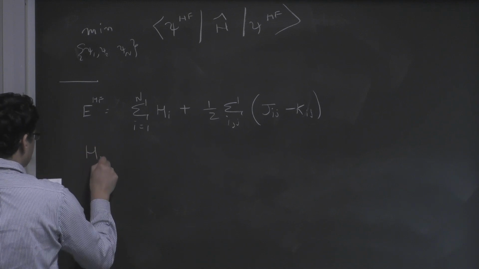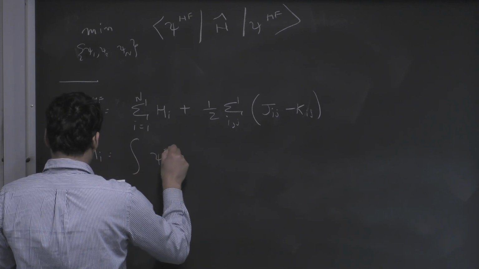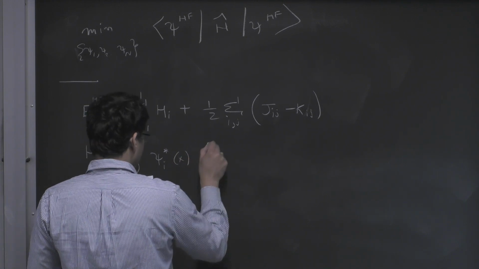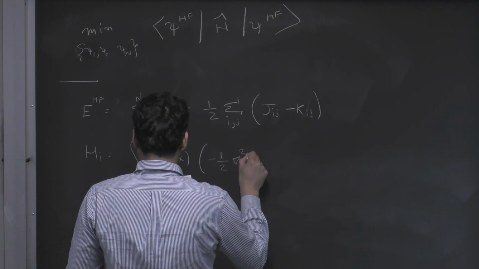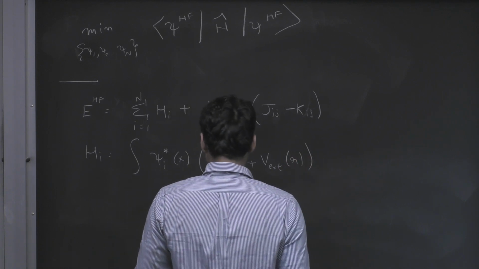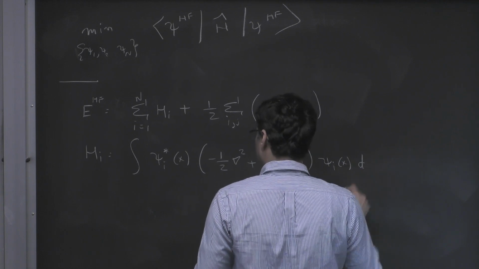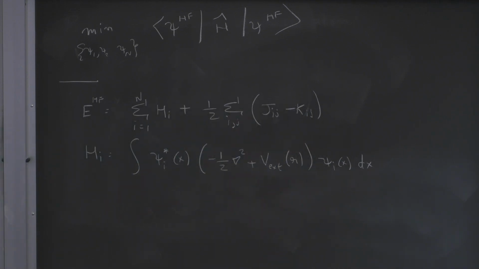So you have your H_i to be, so the external potential is nothing but the potential provided by the nuclei, so it's going to be just the